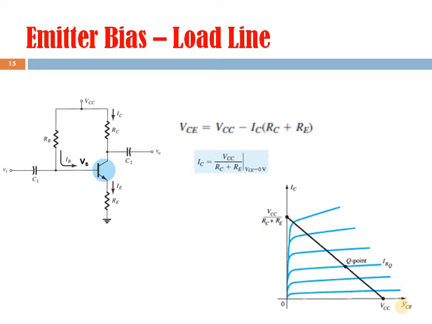The maximum output voltage is still VCC, because maximum output voltage means IC is 0. If you put IC as 0 here, VCE is equal to VCC. So if you don't connect this RE, the maximum collector current was much higher, but when you add RE, this point comes a little down depending on the value of RE. That doesn't matter. What we are getting here is the stability of the operating point, and that is the more important thing.